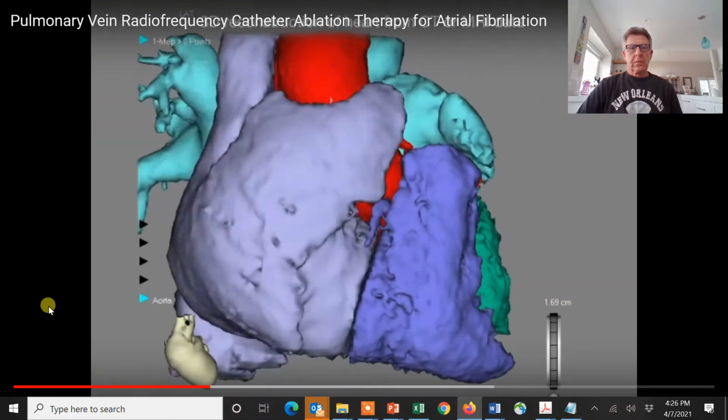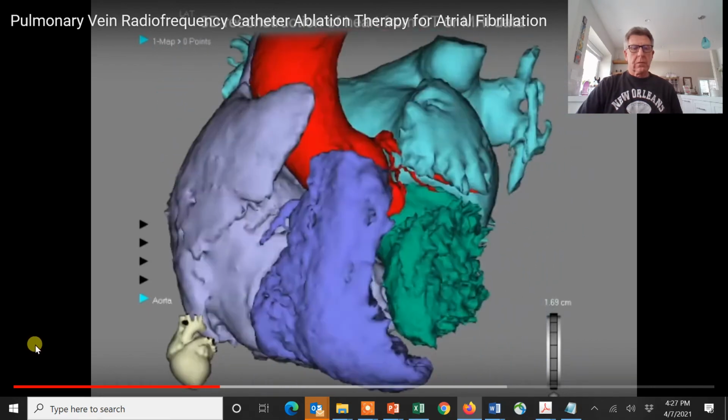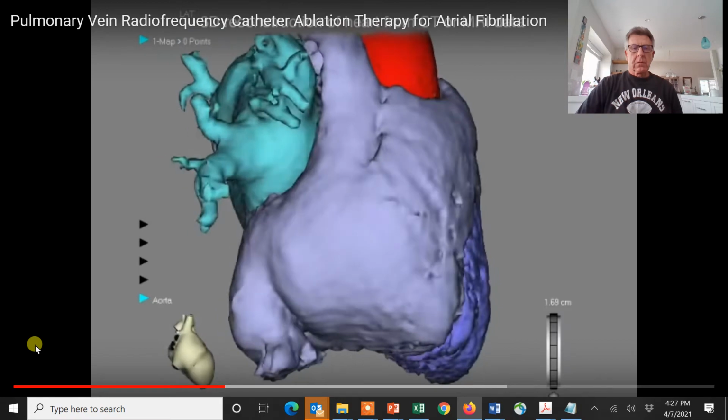A three-dimensional reconstruction of the heart is generated from cardiac computed tomography or magnetic resonance imaging data using electrical anatomical